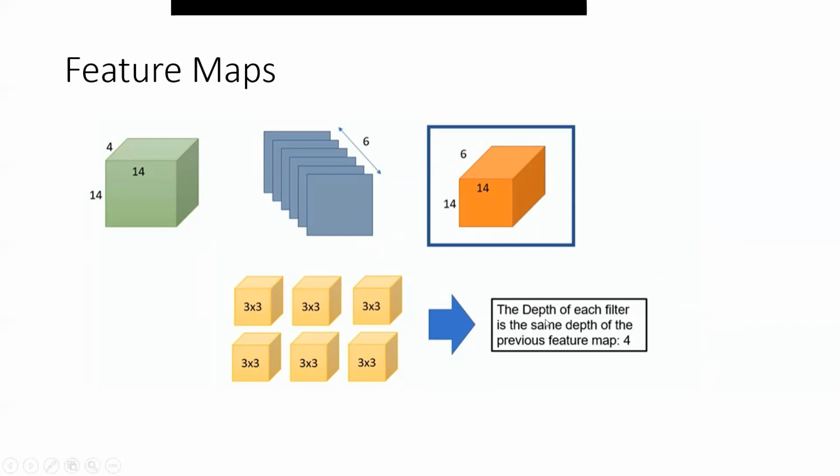The depth of each filter is the same as the depth of the previous layer. So this 14 by 14 would be converted into 14 by 14 by 6. Now if you see this 2D image, the features correspond to this filter size, and the previous square corresponds to this. So this image would be converted into 14 by 14 by 6. So 6 times we have taken important features from the particular image.